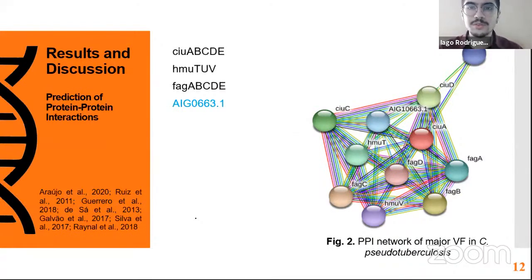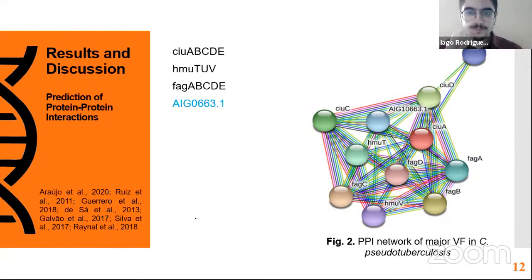And we also observe a putative ABC transporter identified as AIG 0663.1, placed among them, showing some type of relation, but this is not a well annotated molecule in the available databases. So this is a computational prediction,